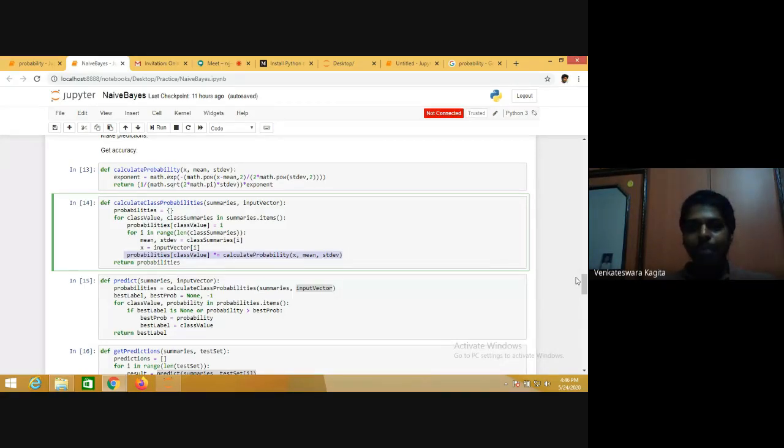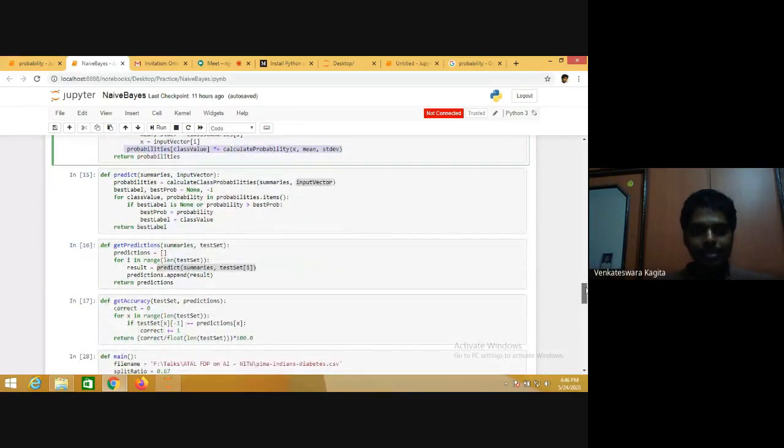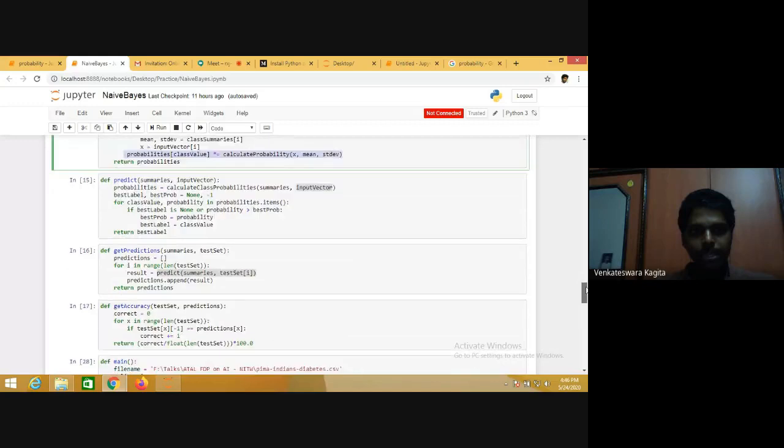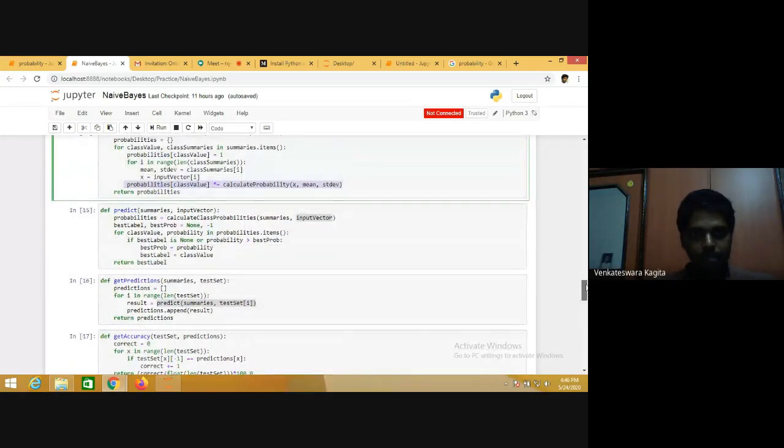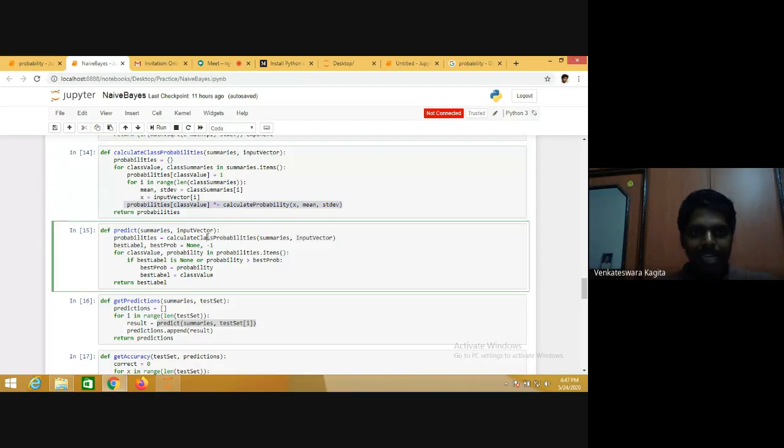Once you get the probabilities, what is the task? Let's go here. Where did we call this? Calculate probabilities. Here, calculate class probabilities. Once you get the class probabilities, you select the one with the best probability.